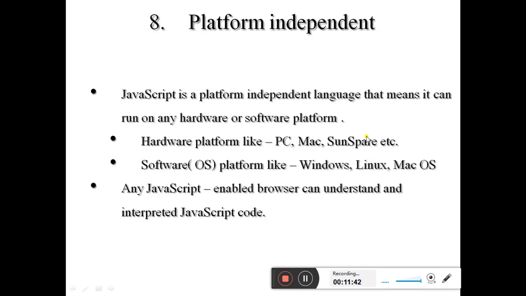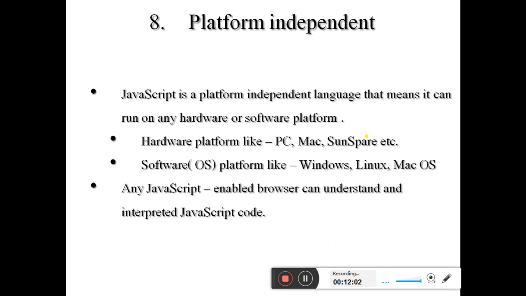Then the next one is platform independent. Now there are two types of platform, software platform and hardware platform, right? JavaScript is a platform independent language. That means it can run on any hardware and software platform. Hardware and software means operating system.